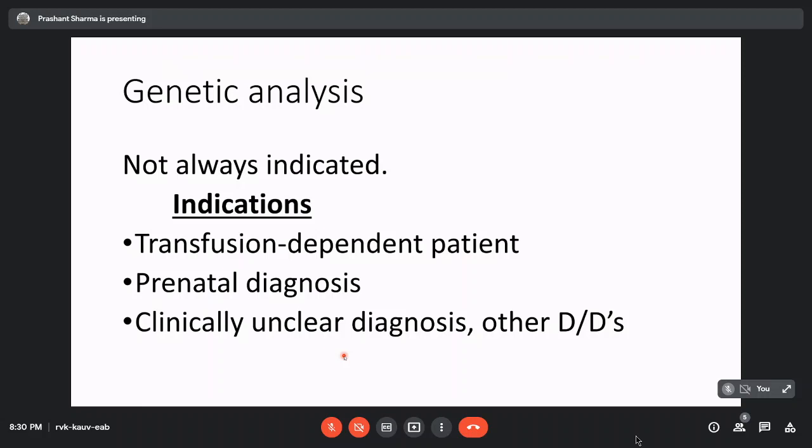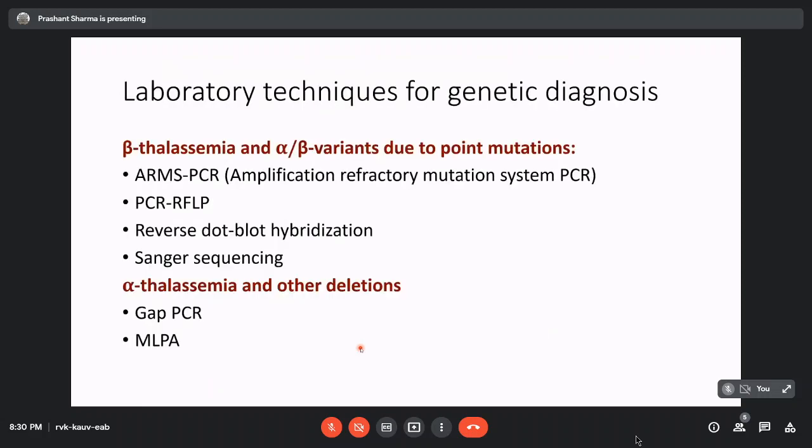So in such a situation, suppose the clinician says, I haven't really ruled out JMML because HbF can go up there and they can have hepatosplenomegaly and failure to thrive. Then you'll have to say, fine, then I'll have to do the beta thal mutations. So with this background, once we decide that we need to do the test, what are the techniques that we need to put in practice?